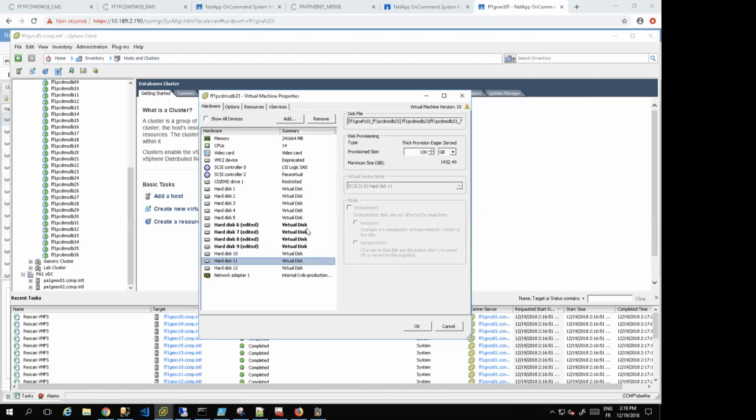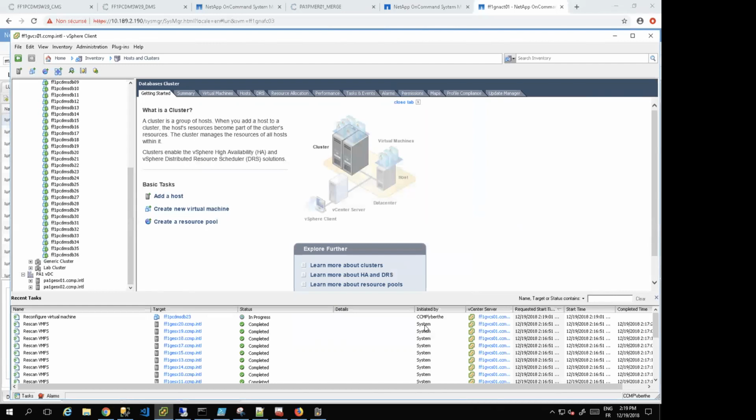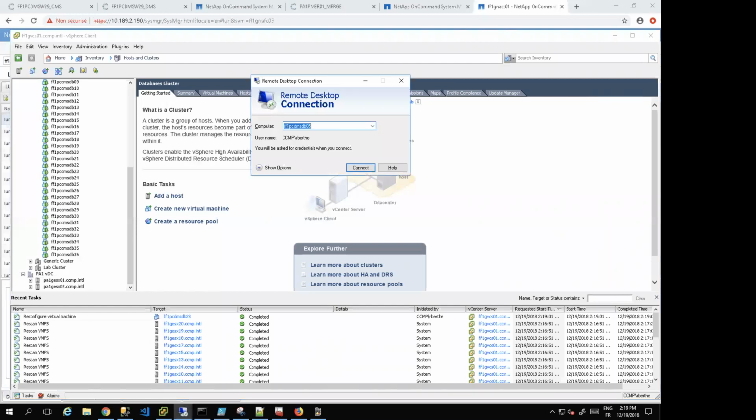Okay, as you can see in bold, you can see the modified settings of the virtual machine. So for the different disks, I click OK. The disks will be automatically extended on the operating system, but I have a last operation to do, and this operation is to connect finally to the operating system with a remote desktop connection,